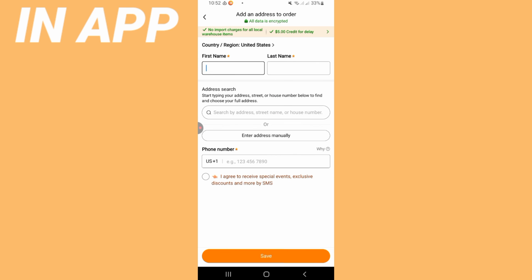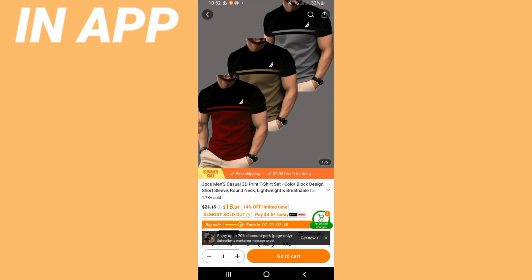For checkout, just click on checkout, add your delivery address and add your payment method. So the application of Temu is very